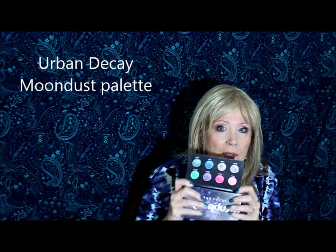So when I saw that the Moondust palette came out, this is a mirrored finish. It's kind of a nice sparkle cover to it. It's a plastic cover. But I like the mirrored Moondust. I think that's really neat. It's a beautiful, beautiful palette. This is a real collector's item if you collect things like this. So when I initially saw it, you've got a nice mirror here on this side,